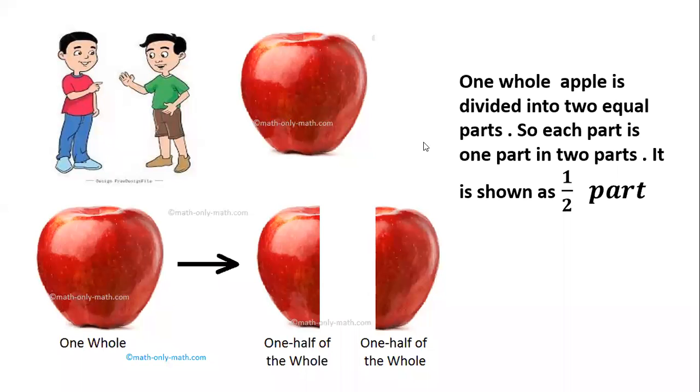One apple is there. 2 persons are waiting to take the apple. Then how to divide this exactly? Making half part. Exactly half. So make half part of the apple, then each will get half of the apple.